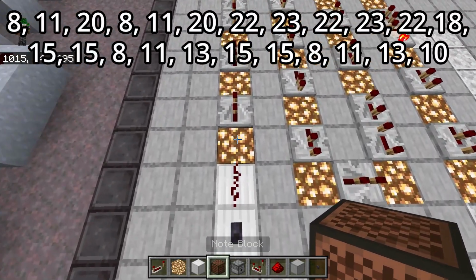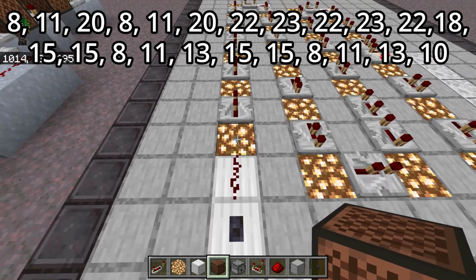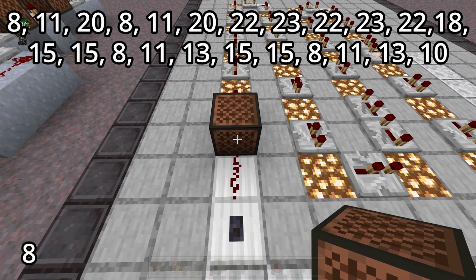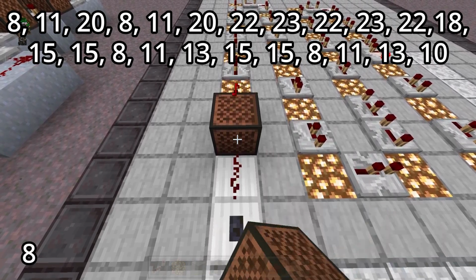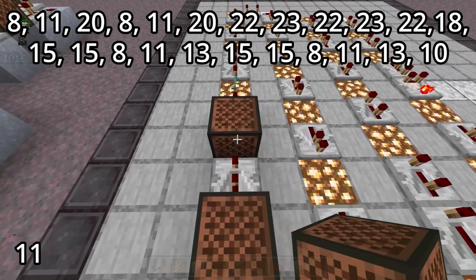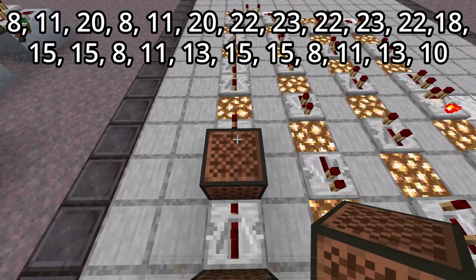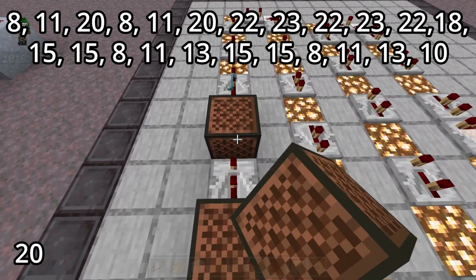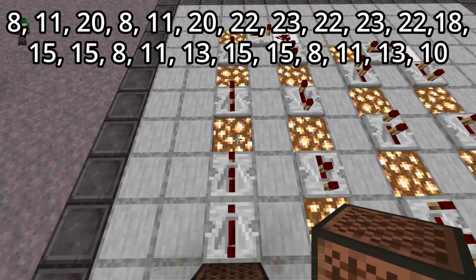So at the top of the screen is how many times you need to poke each note block. So the very first one, you need to poke it 8 times. Then the second one, you need to poke 11 times, then 20, then 8, then 11, then 20. So just go by the numbers on the top of the screen to know how many times you need to